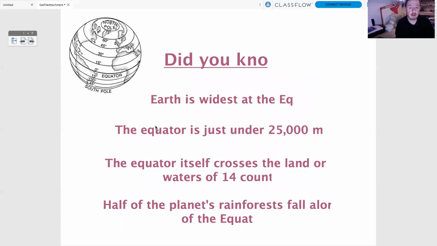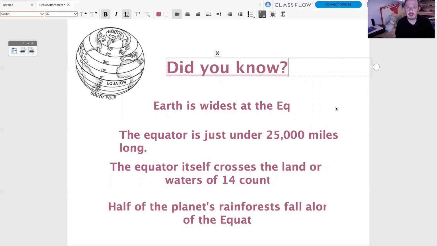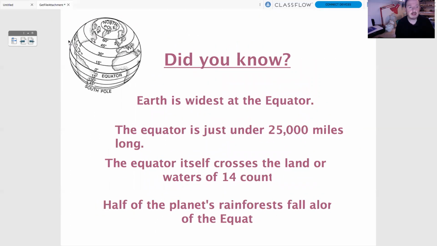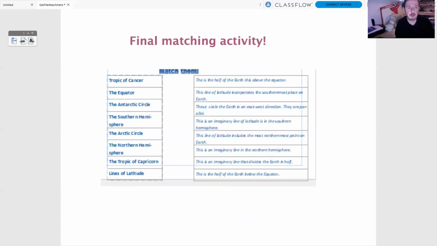All right, let's have a look here. I've got some lovely little facts here that I just wanted to show you. My text has gone a bit weird. So, last little facts. I'll tell you what, I'll go back one. You can pause here if you want to before you move on, or I'll just jabber on about these interesting